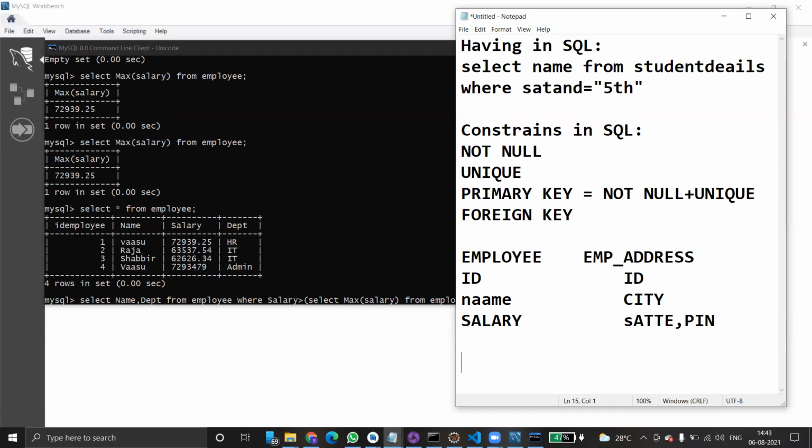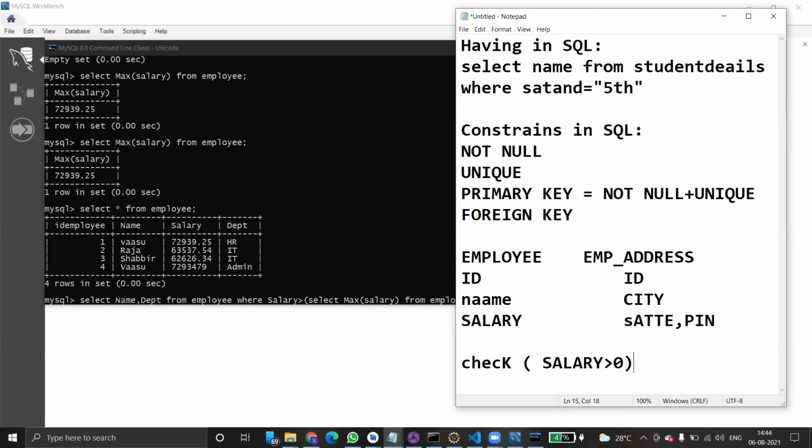One more very important constraint: check. What is check? If you want to ensure certain conditions are validated at a column level, then we can use a check. It ensures that the values in a column satisfy a specific condition. That means check the salary is greater than 0. We cannot have a 0 value or minus value.